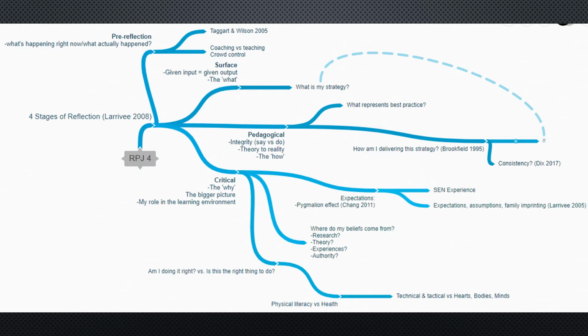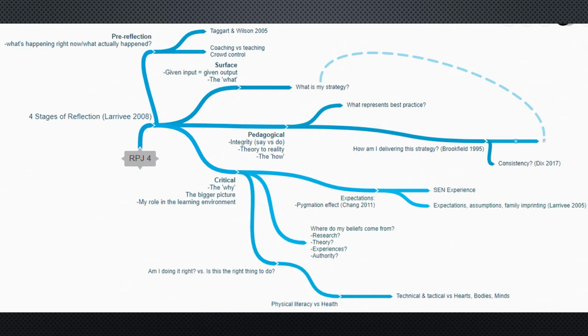Interestingly, some authors dispute this stage as to whether or not it actually constitutes reflection, since most of the time it's purely reactive and very much in the moment. And this is something I was definitely conscious of during my first placement, especially when, for example, the activities that I'd planned in light of specific learning objectives weren't working as well as I'd hoped, and it just became a case that I would default to simply coaching another drill or a different activity, and my lessons became more about